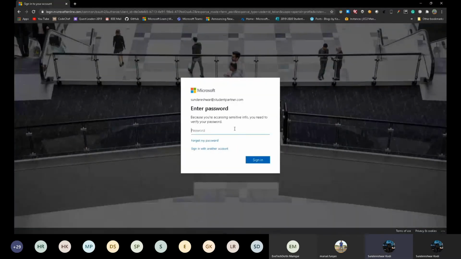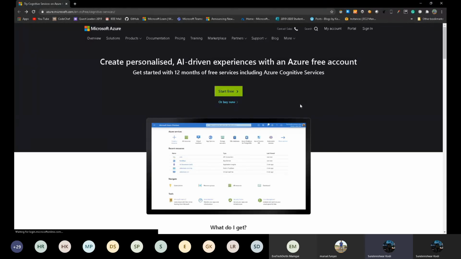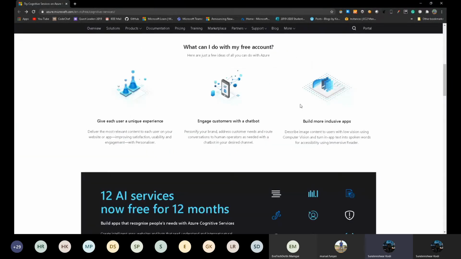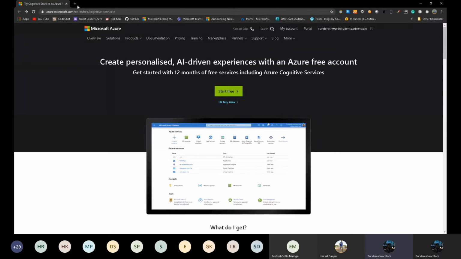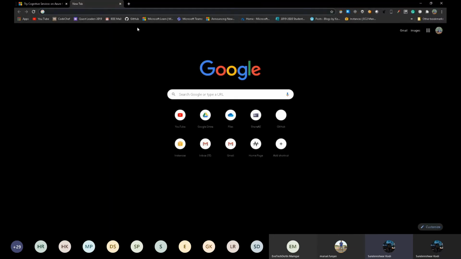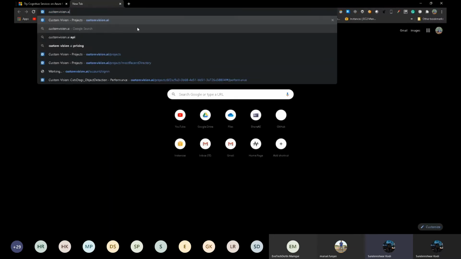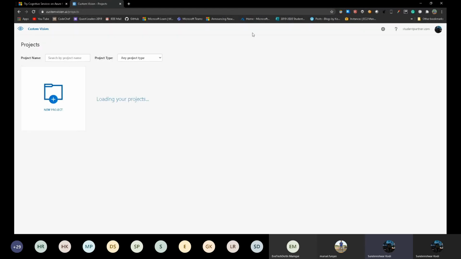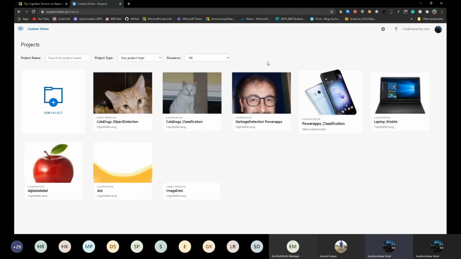So, it's asking me for this. I'll just show you: if you go here and click start, it would ask for your email ID. Just register and make sure you get the data. And let's start. If you write customvision.ai here and click, once you log in,